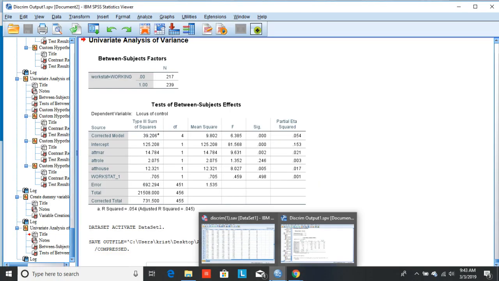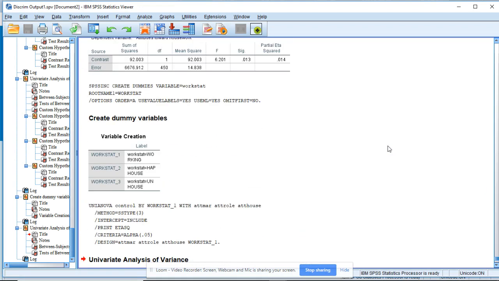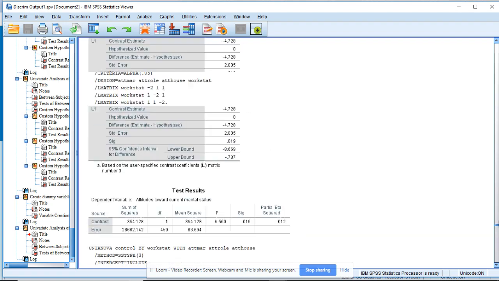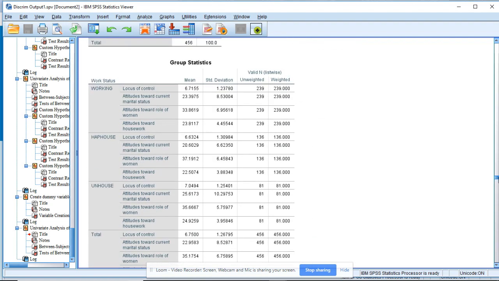Did I close my syntax editor? I guess I did. I guess I saved it and closed it. Okay, so here we need to go all the way back up. We need to make sure that